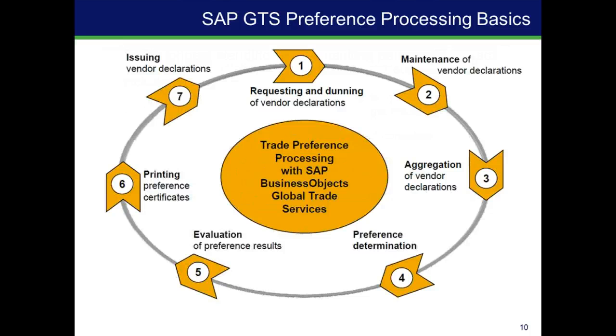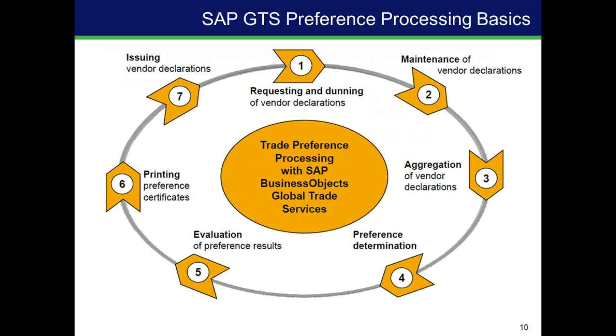Now to get into the preference processing, I just wanted to start with this slide. By now you've probably seen a lot of slides such as this if you've been investigating how GTS manages free trade agreements like NAFTA and EU, and some people have called this the preference wheel. The purpose of today's presentation is not to demonstrate the functionality of the preference wheel at its basic form, but to show you the